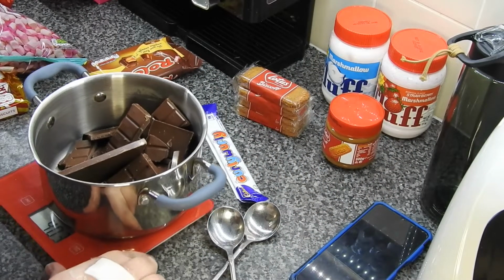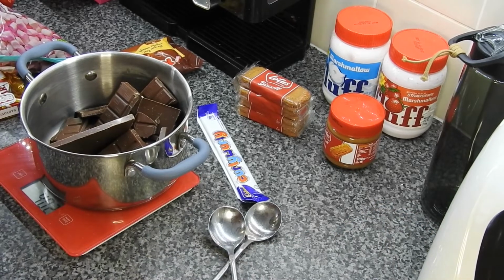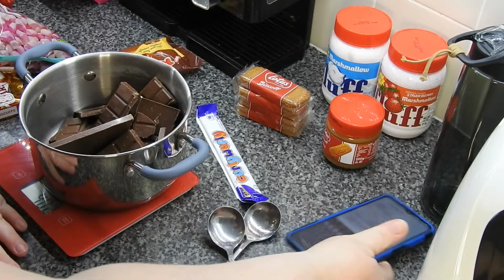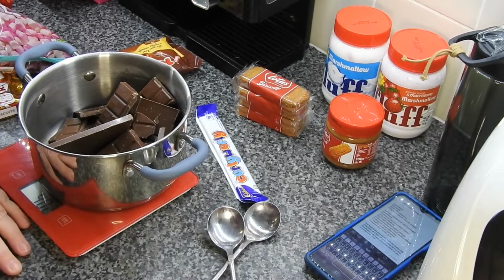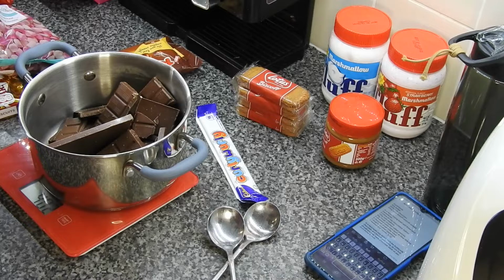Today we're going to do a rocky road. All the ingredients I put in, the extras, after the butter, milk chocolate and the Biscoff spread, is completely down to you. It's optional. I've got a mix of a lot of things. So for the stuff that needs to be heated up, you want